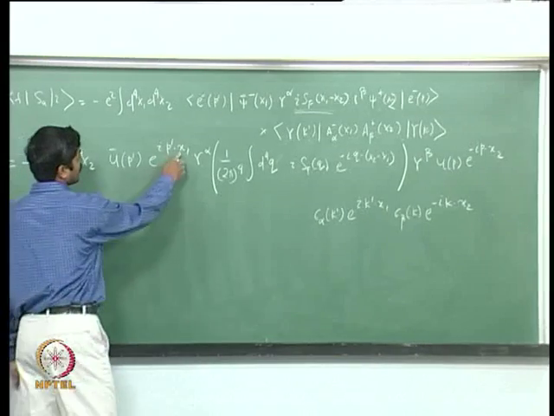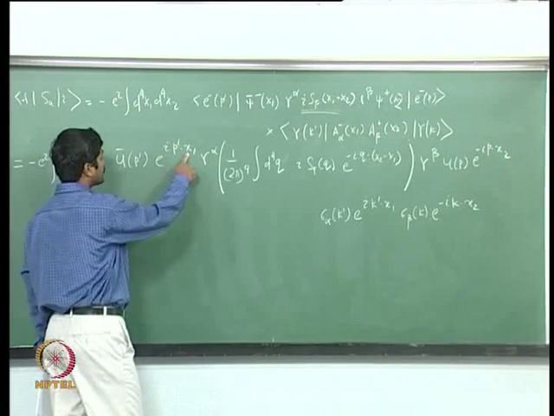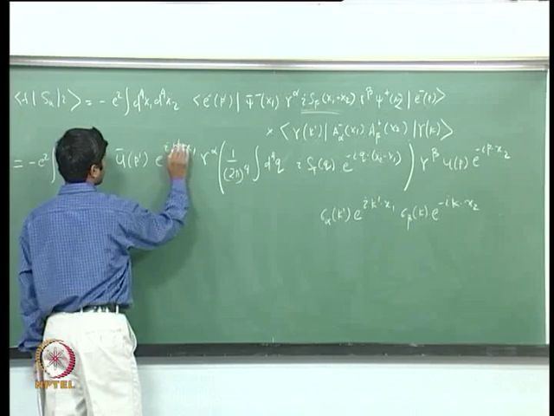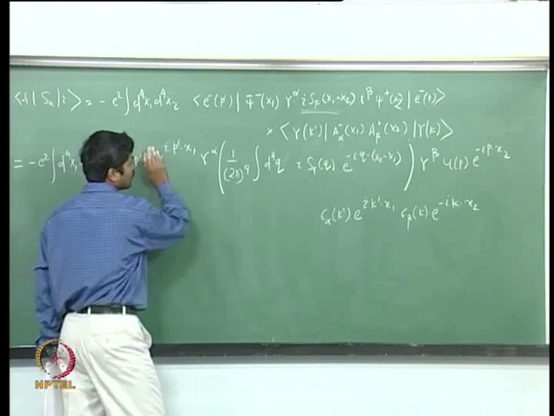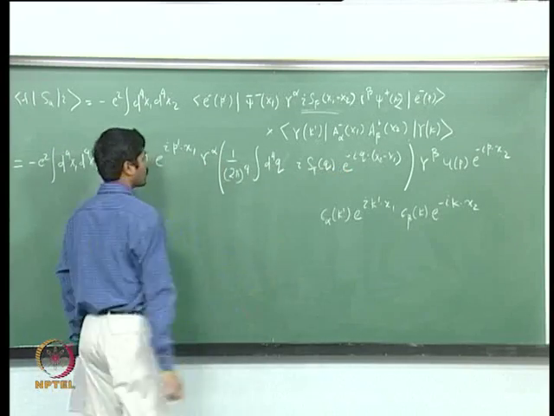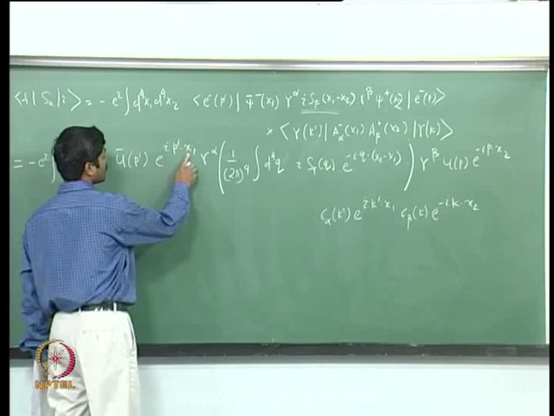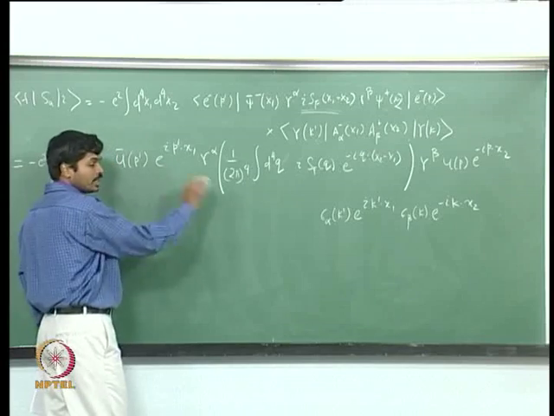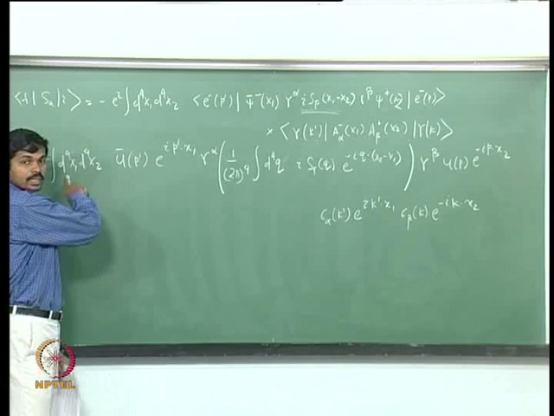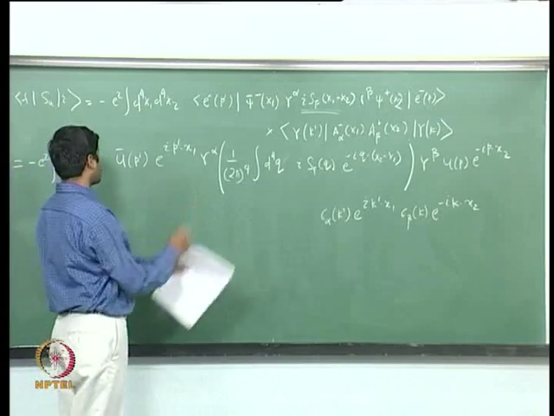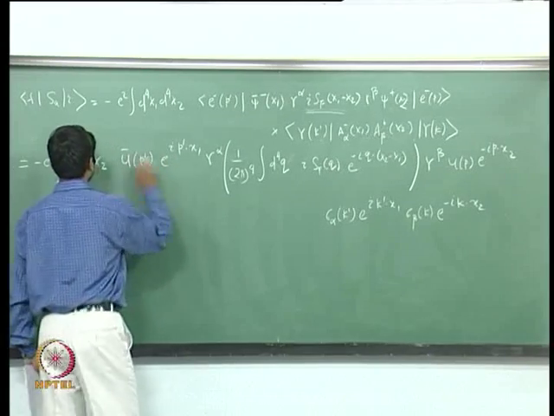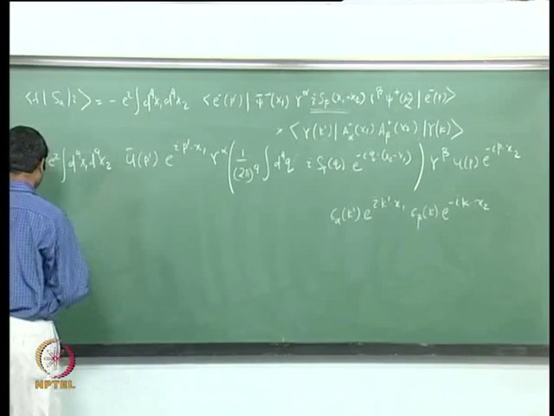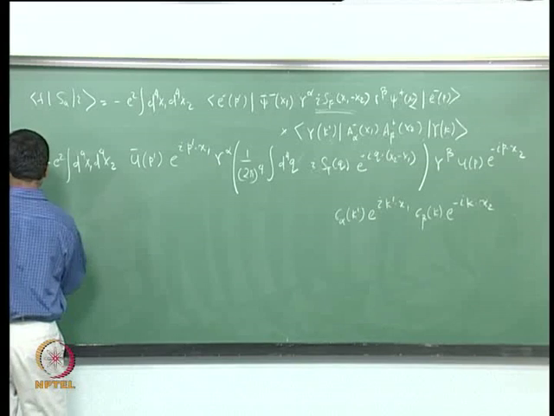What I will do is collect the coefficients of e to the power, so I will put all these exponential terms together. I will write it in terms of two terms. One, collecting the coefficients of x1, and then I will carry out the x1 integration here. Then the second exponential, I will again carry out the second integration. So this is nothing but